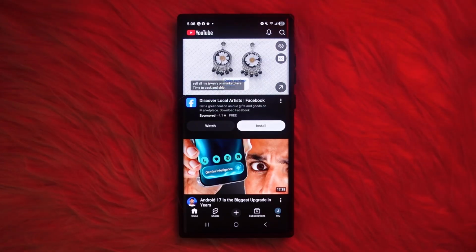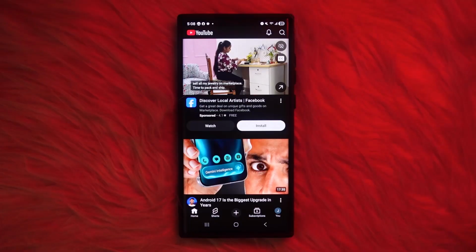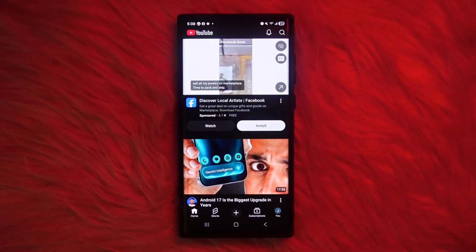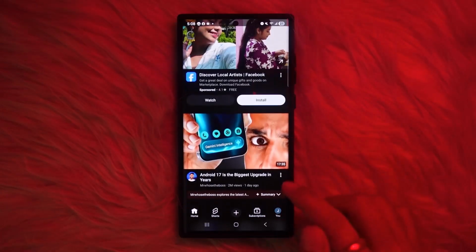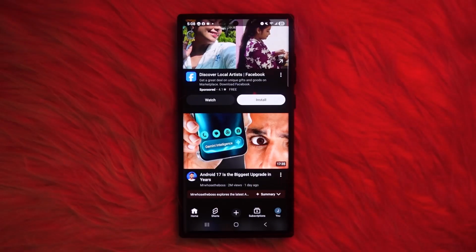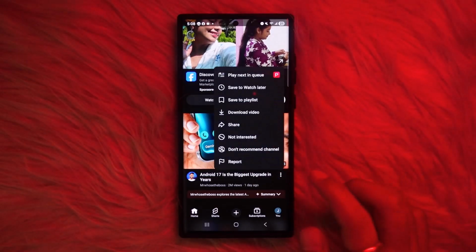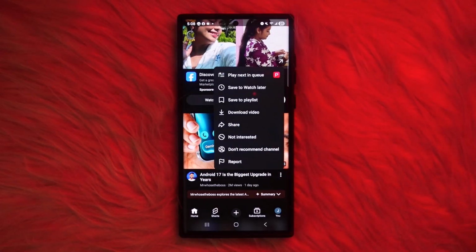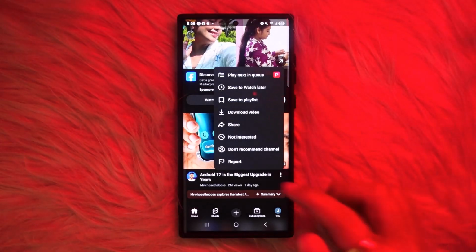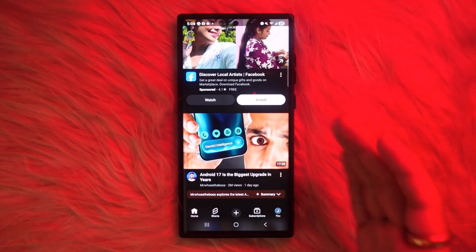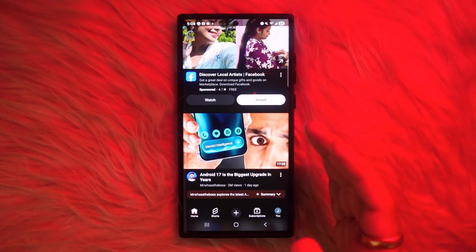So if you're on the desktop, all you have to do is hover over a video. Then click the three-dotted menu icon right next to their video title. And once you tap on it, you should be able to find a Play Next in a Queue option on your browser. And all you have to do is tap on it, and this feature is available for free on